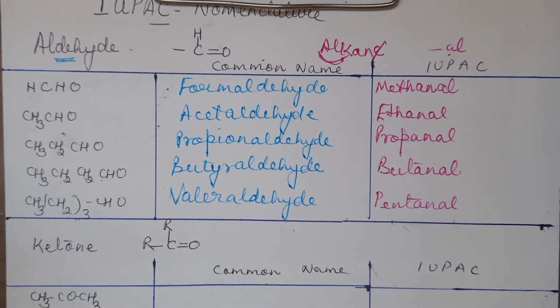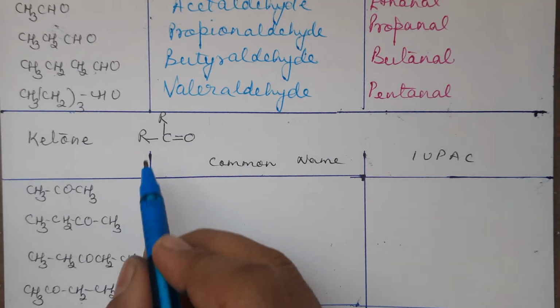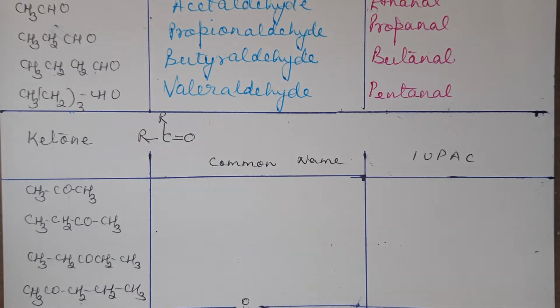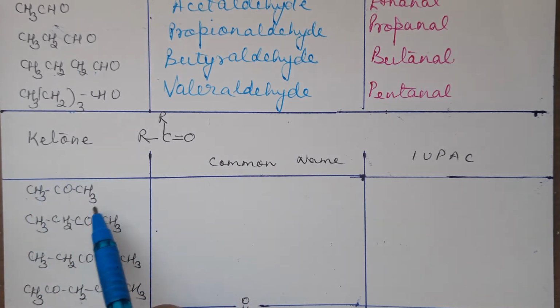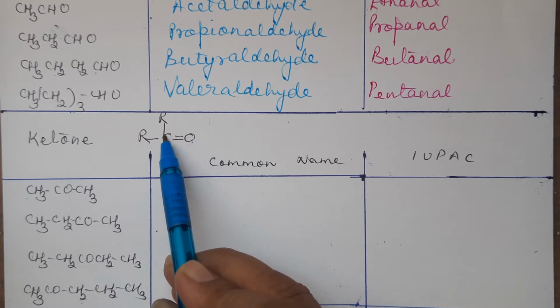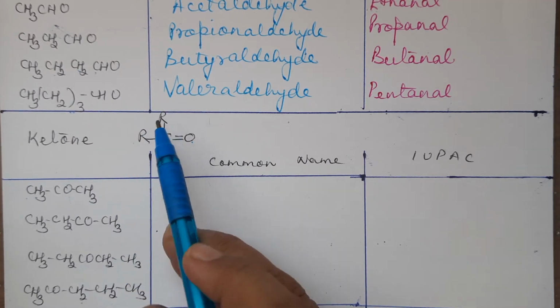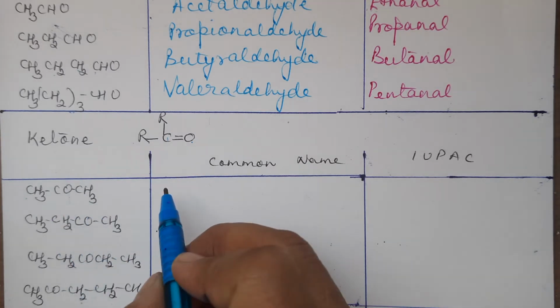Okay. The next functional group which we're talking about is ketone. Now, ketone is RCOR. That means there has to be 3 carbon atoms minimum. That is, the lowest ketone should have at least 3 carbon atoms. 2 carbon atoms is not possible. CO is there, and on each side at least one carbon atom will be there. So 3 carbon atoms is the lowest one.